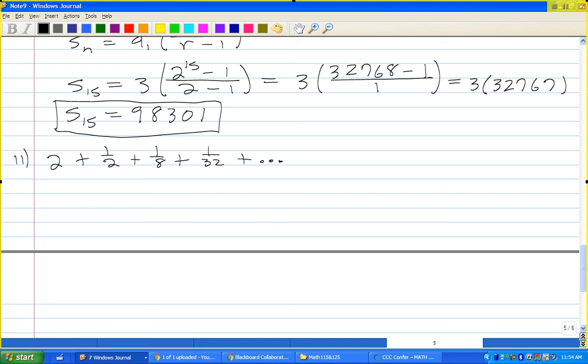And so I want to find a formula that only involves n for the sum of the first n terms of this geometric series. So I know that S of n is equal to,